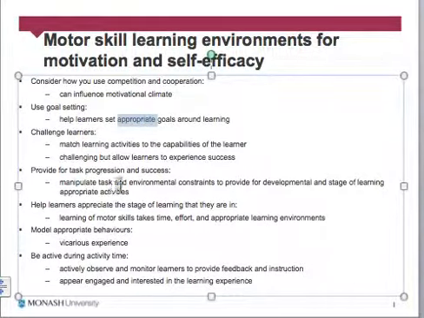Try and challenge your learners. Try and get them to be at a level of ability that sort of matches their own. So this is where choice comes in as well. Always trying to match the activities with the learner's ability is a tricky one because you have such diverse learners. So one game for everyone does not work. Multiple games with multiple difficulty levels is something you really want to start to think about.